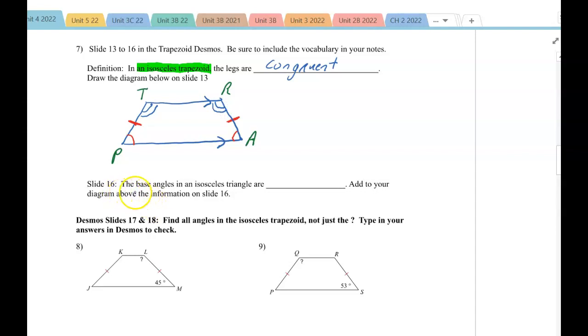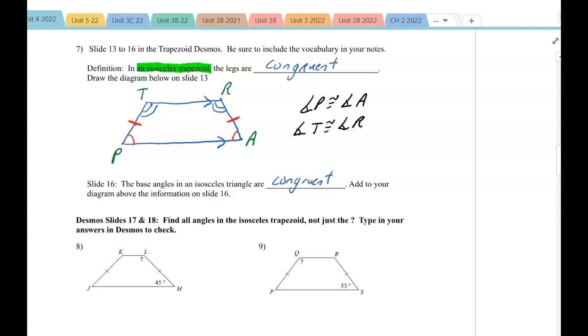So from slide 16 of our Desmos, the base angles in an isosceles trapezoid are also congruent. Make sure you write this down. So we have angle P is congruent to angle A, angle T is congruent to angle R, and the supplementary